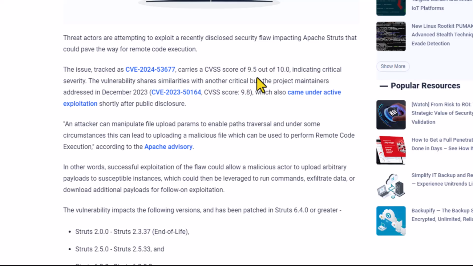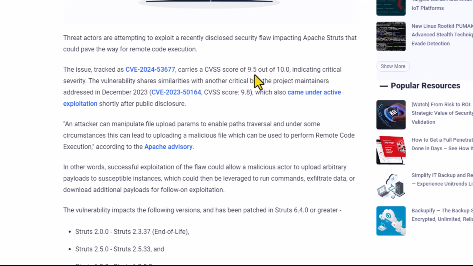Now, if you're going to study for something like, say, your CompTIA Security Plus cert, or maybe your CISSP or whatever, they're all really into this. Like PenTest Plus has this, CySA Plus has this, Security Plus has this. So you need to know what this CVE thing is. You have to know how to read them. And then you need to know what the CVSS score means. Now, 9.5 out of 10 means this is critical.